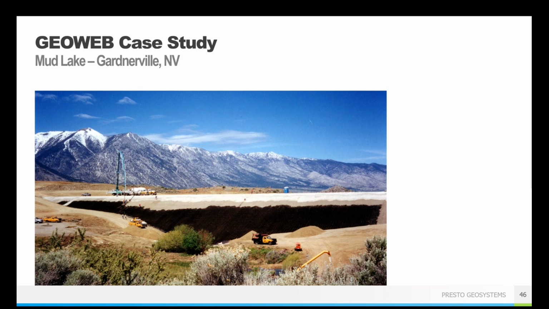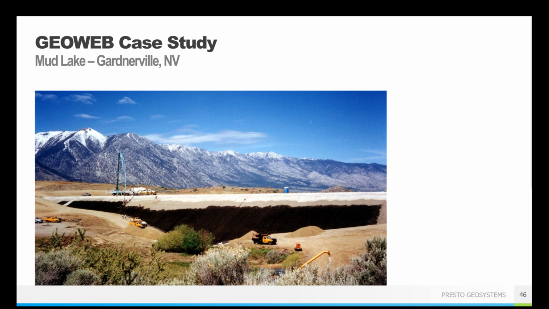And one of the great things about the GeoWeb system acting as its own formwork is that you don't have to pour the entire concrete mass at the same time. You can pour it in smaller sections over the course of days, weeks if necessary, however long it takes, without having to worry about different setting times between all of the different concrete, because the concrete is confined within those cells, and that's where it's going to stay. It's its own little bit of concrete. It doesn't need to be connected to the whole mass.